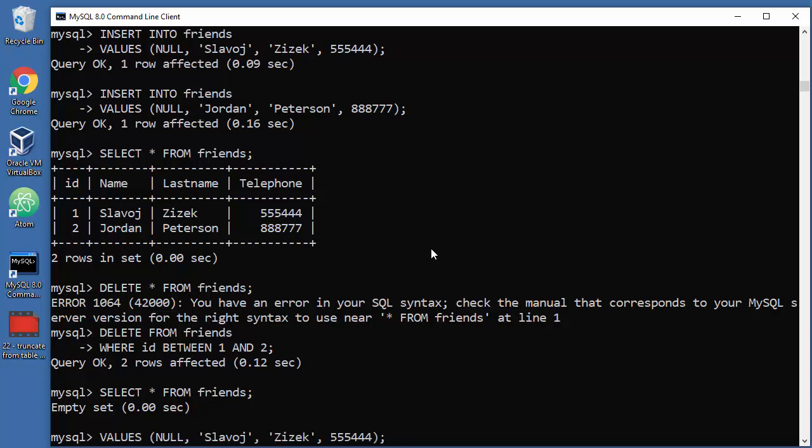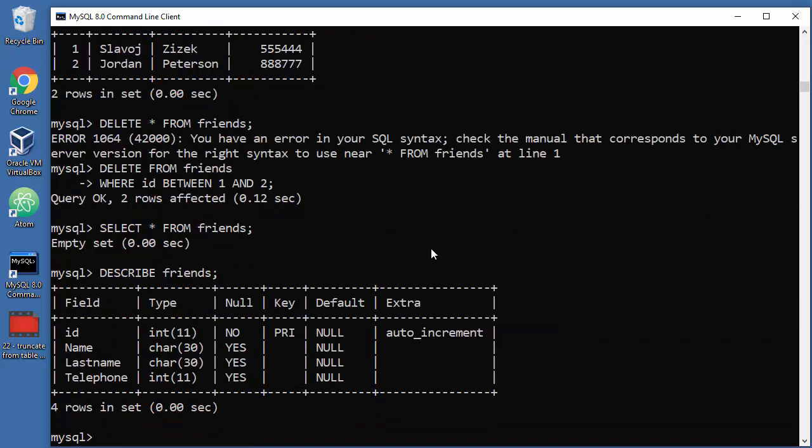So where is that? Oh, it's easier to type. Sometimes I'm stupid. DESCRIBE friends, and there you go. The table is here, but no data. So either use a specific range, DELETE FROM friends WHERE ID BETWEEN this and that, or any other option in combination with WHERE and BETWEEN, but the easiest possible solution is the most scary and destructive one, and that will be